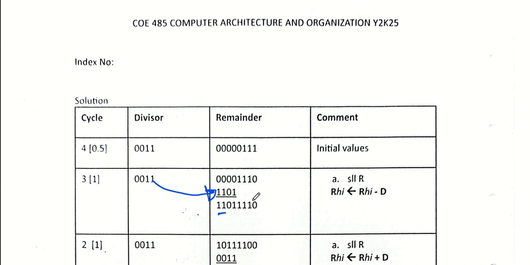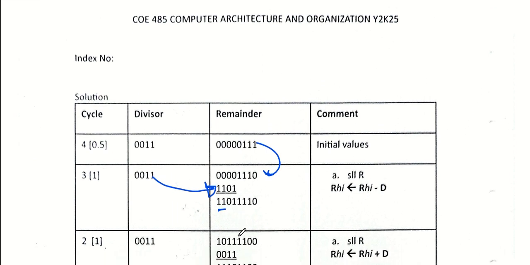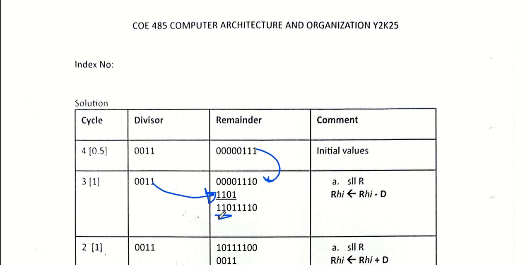When you come to this one, you have to shift first, like at the beginning of every step. The first thing you do is shift. So you shift left once, before you subtract. That's the algorithm for non-restoring division. Now, this is the answer we get for stage 1. We are going to use it to start stage 2. We will not restore. So we come back,